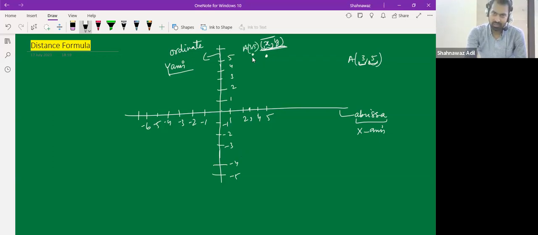This has some abscissa, which is 3, and this has some ordinate. So this is the abscissa, and this is the ordinate. This is 5, and this is 3, right? Is that clear? And let's say I have 2 points on the x-axis. Let's say this is point P, which is (1, 0), and let's say